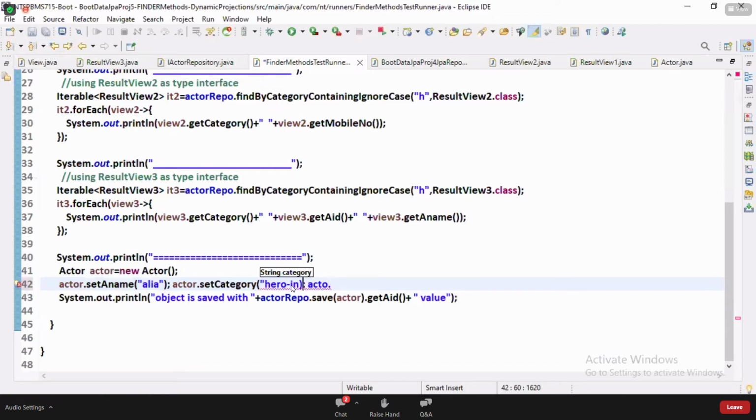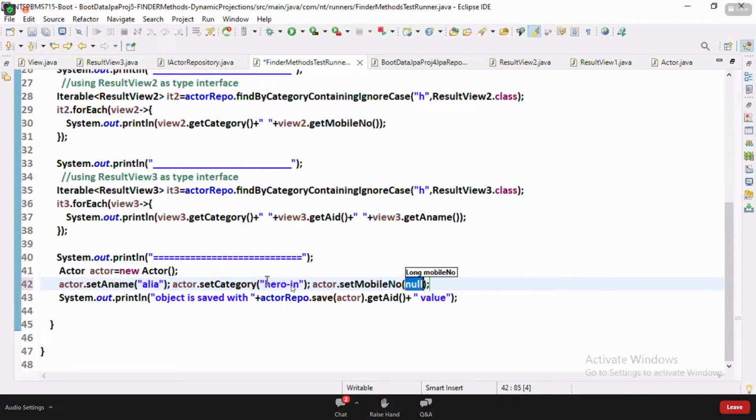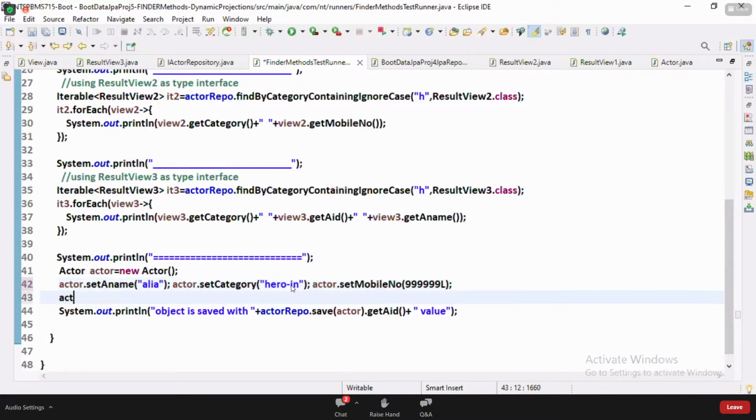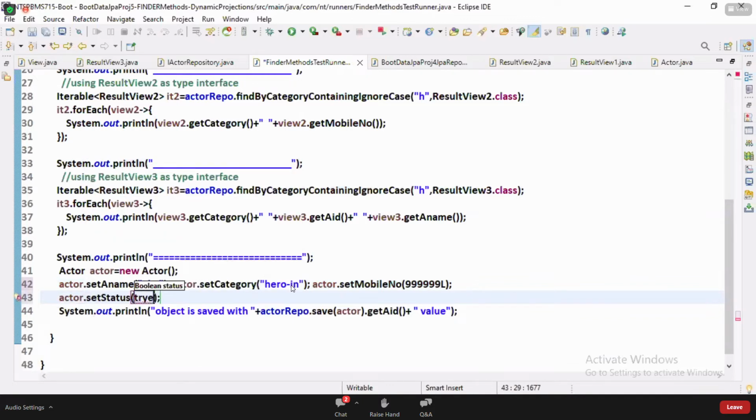Actor dot set mobile number. Actor dot set status true.